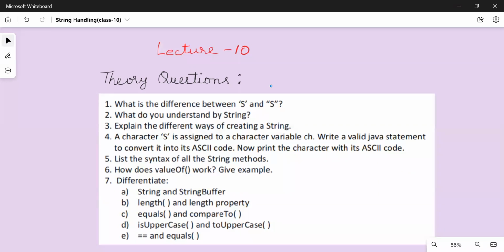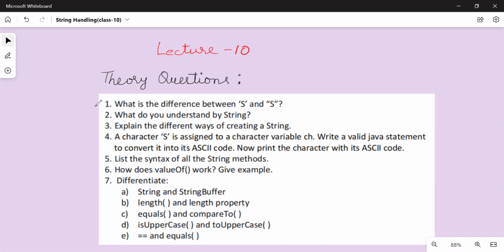So today we are going to discuss some theory questions, the important questions which can come in section A. So here is the list of some of the questions. We'll discuss how to answer them when asked in boards. So for example,